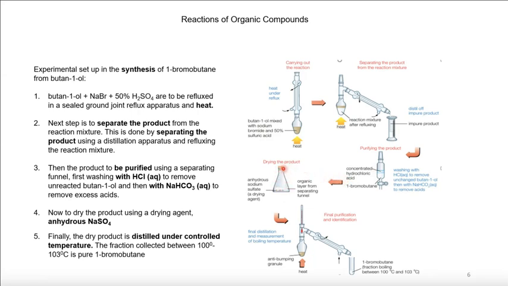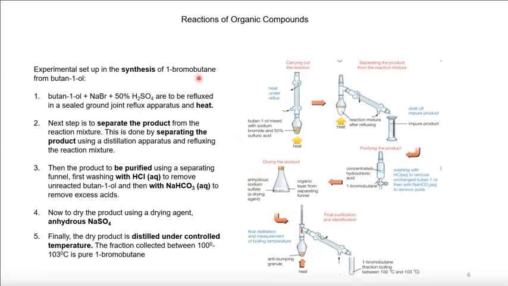And when we dry it, we use sodium sulfate as a drying agent in a refluxing flask. Then we take this dry bromobutane and distill it at a certain temperature. We collect the fraction between 100 degrees Celsius and 103 degrees Celsius, and we get pure